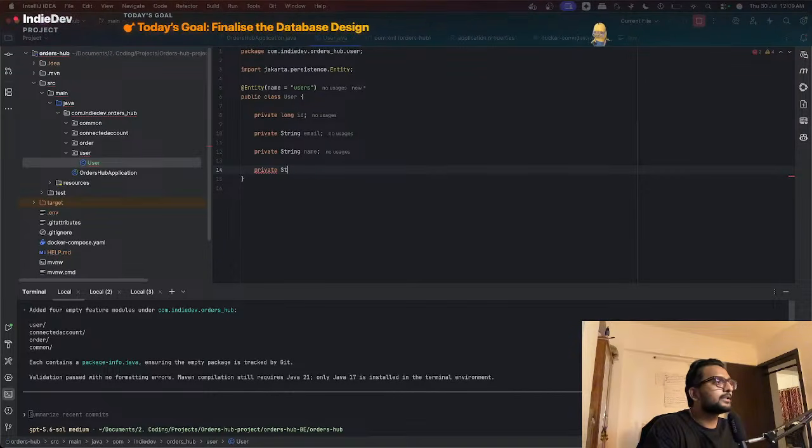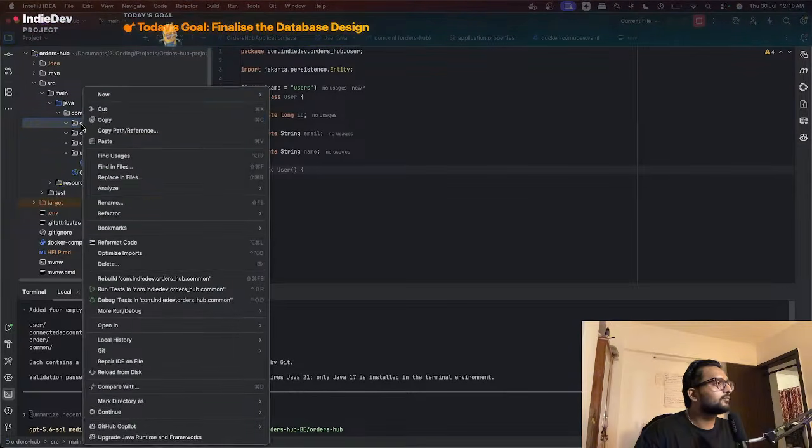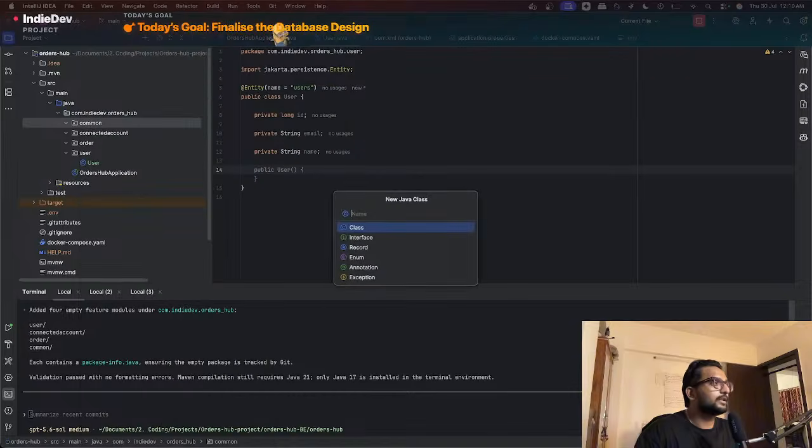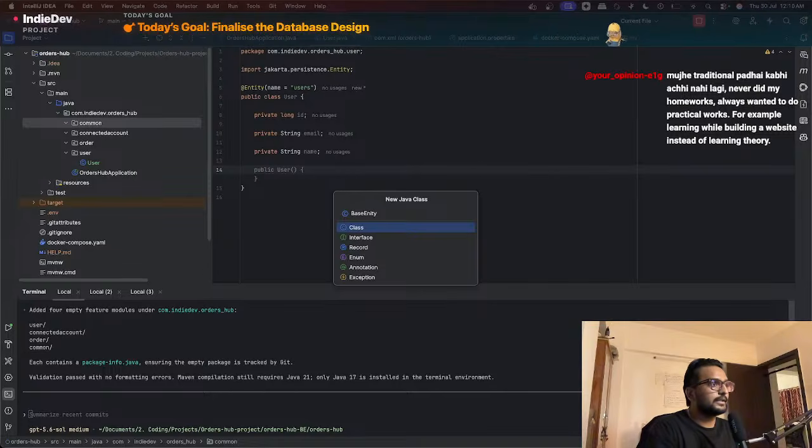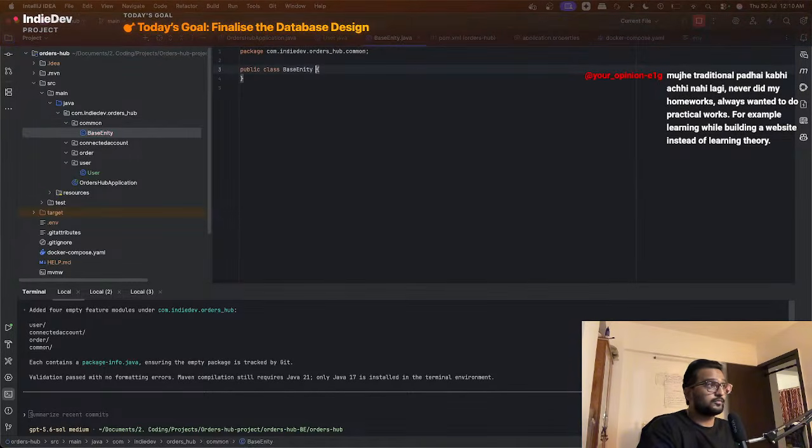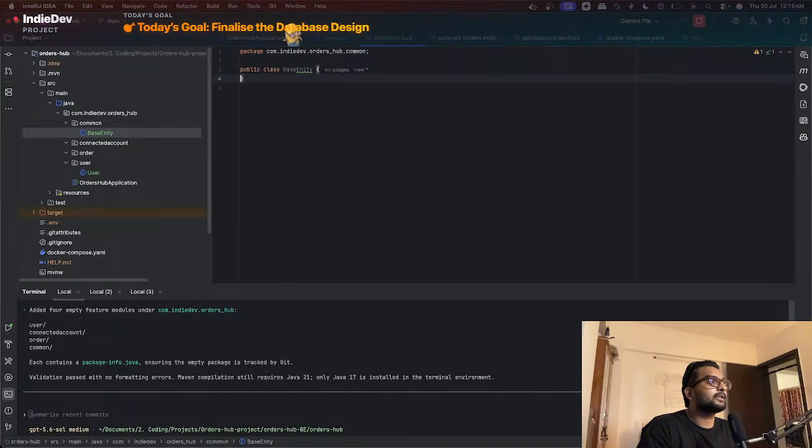What will we need for the profile pic URL? In common we need housekeeping, this we need a base entity here, base entity, and it will be a class. So base entity, we don't have to make it a separate table, but it will